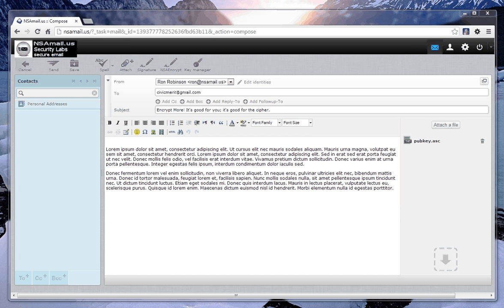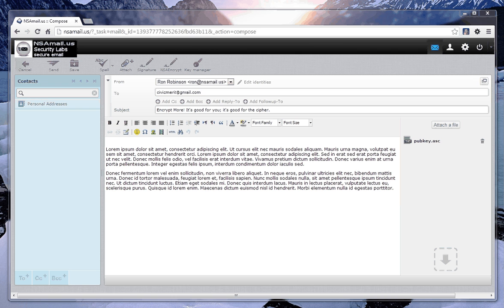Okay, now we're going to talk about Pretty Good Privacy. PGP, or Pretty Good Privacy, we're letting you in on a programmer's joke here, because "pretty good" for about 20 years was really just the best you could get. Pretty Good Privacy has been a very widely acknowledged and respected encryption standard for almost 20 years. To use PGP in NSA Mail is actually pretty easy, but there are some difficulties and drawbacks involved